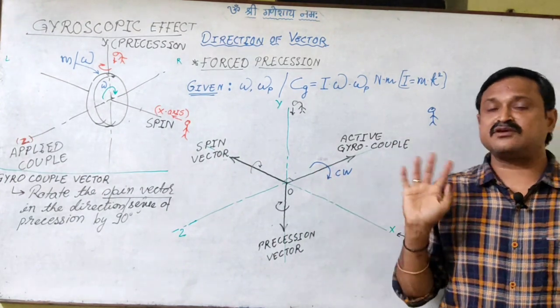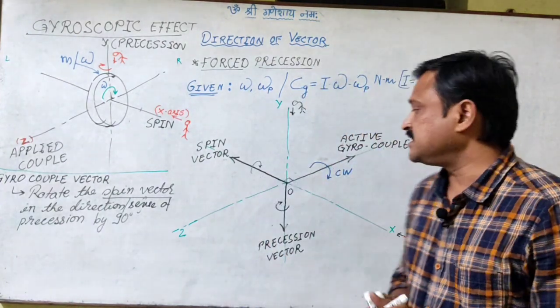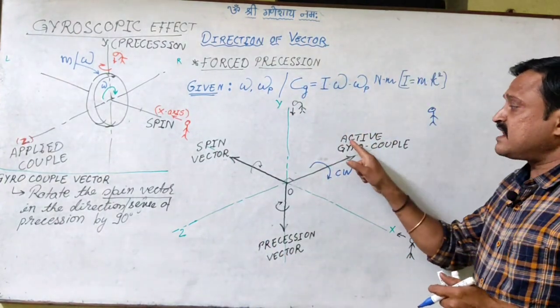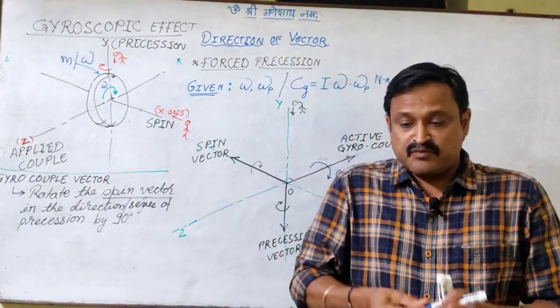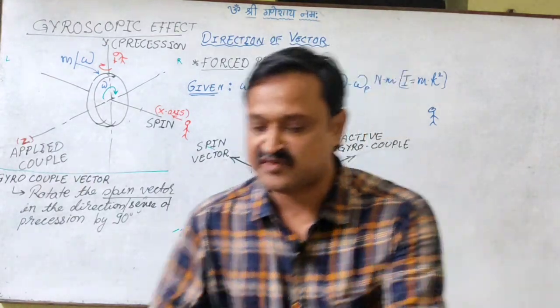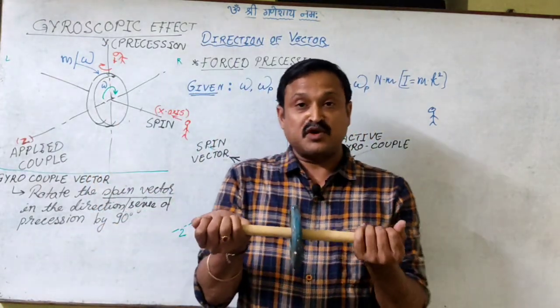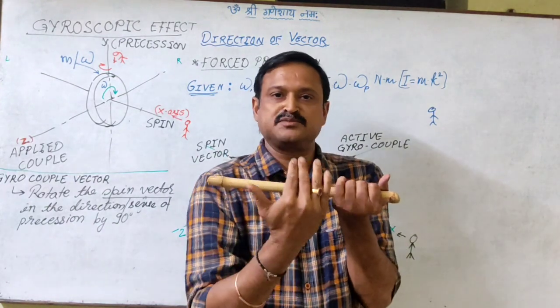But the position or the location of the vector is not going to change at all. Fine. So that is why I am calling this the active gyroscopic couple. Now, if there is an active couple, that means there has to be a reactive couple, right? So what is happening in this case is, when you as an observer are